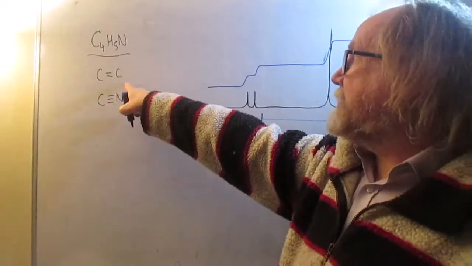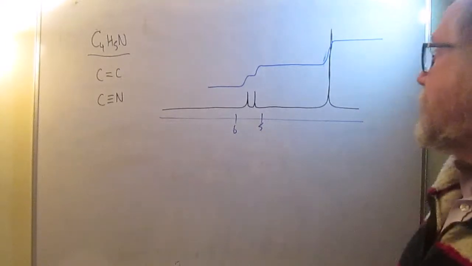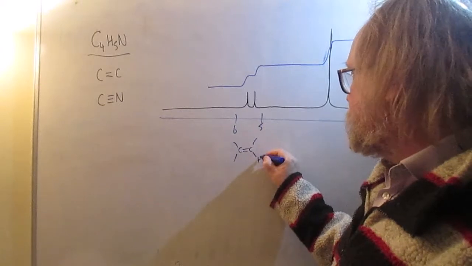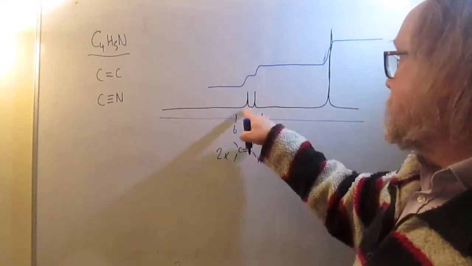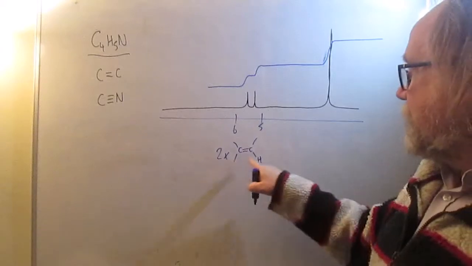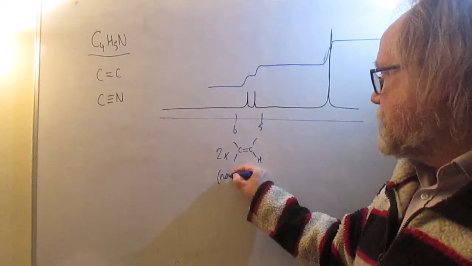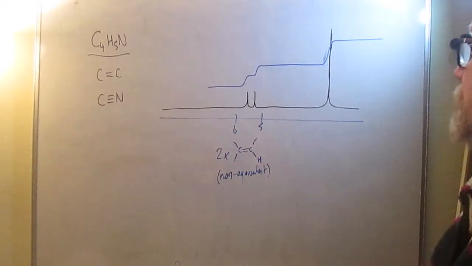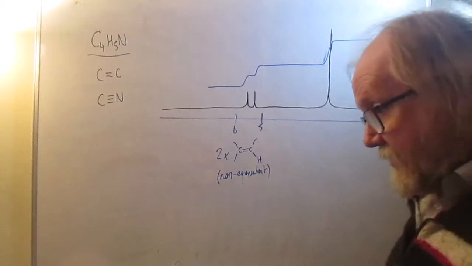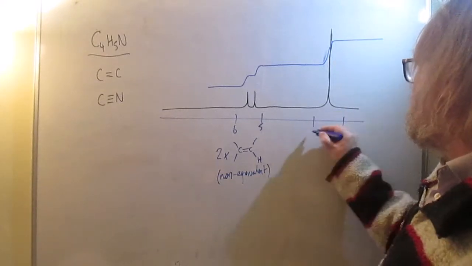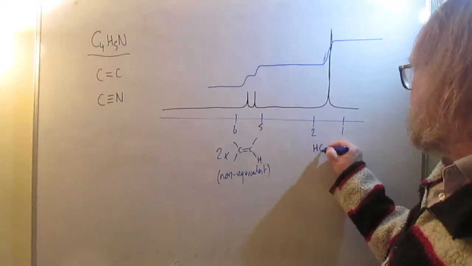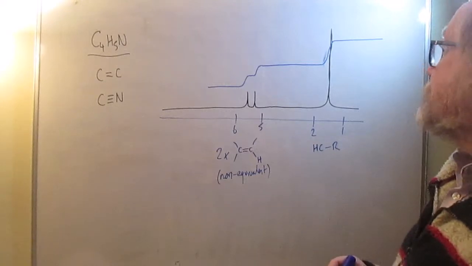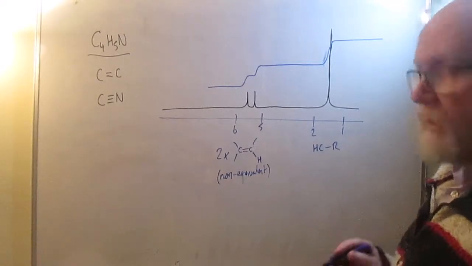We know there's an alkene group in there, and that's consistent with alkene type hydrogens. So that tells us, because we've got two peaks in that region, that we've got two non-equivalent alkene hydrogens in the molecule. This one is between 1 and 2 ppm, which is just an HCR shift. So we've got three types of hydrogen, and we can get the areas, and the areas are actually very useful